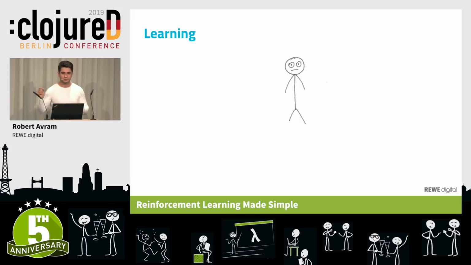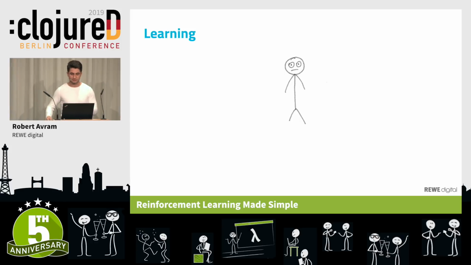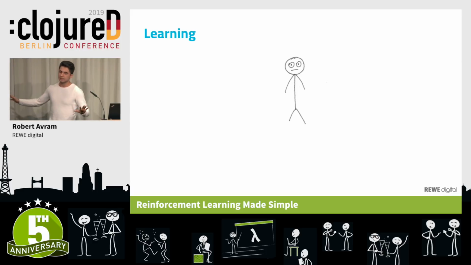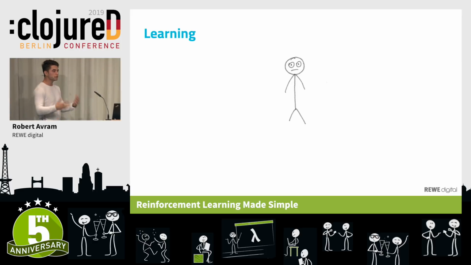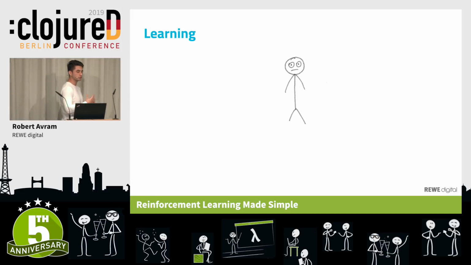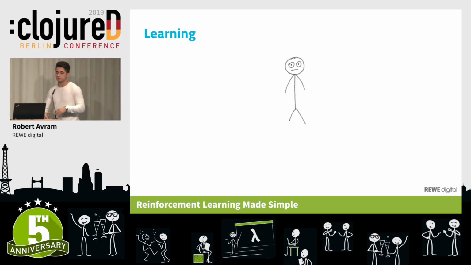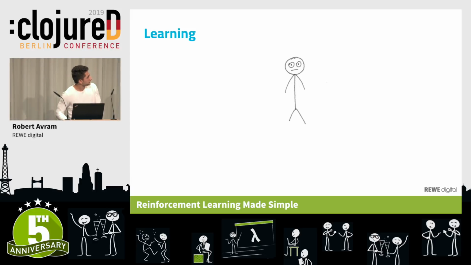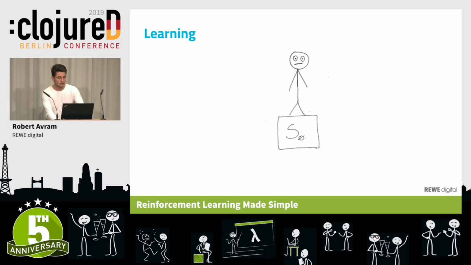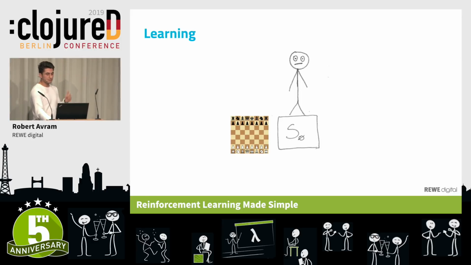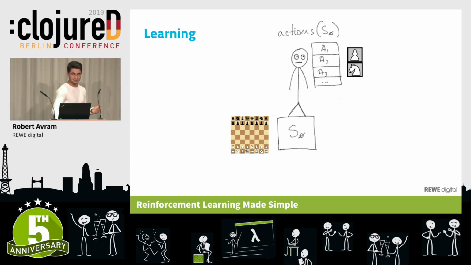Now, the question is, how does the agent actually learn based on these things? So the agent himself doesn't actually have any idea about the problem he's trying to solve. He only knows how to accumulate experience and how to use it for his own good. But he has no idea what he actually is doing. He can be playing games, he can be, I don't know, eating chocolate, whatever you want. So what you basically do is you give this agent sort of like a starting state, like a starting situation to look at. He looks at the state, and then he gets the actions of this state.